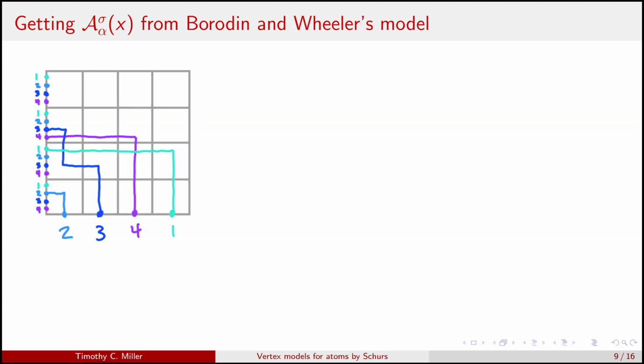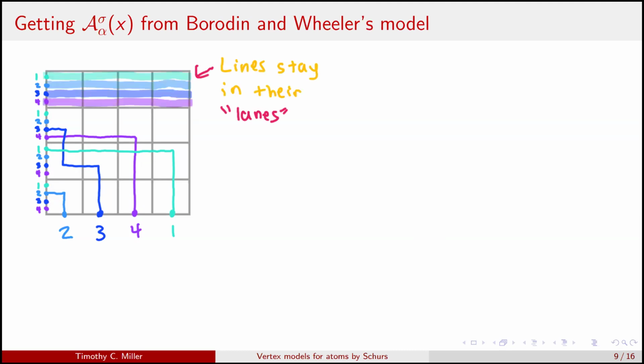And basically, they have a vertex model that looks like this, where the lines are allowed to move. So only one line is allowed to move vertically within a column, but multiple lines can move horizontally within a row. And if you draw it this way so that the lines sort of stay in their lanes,